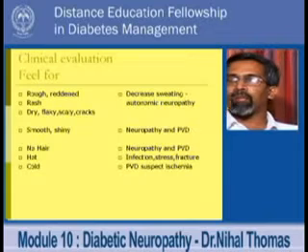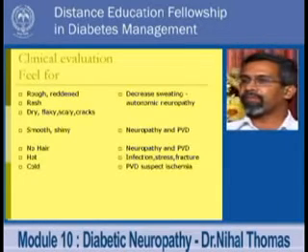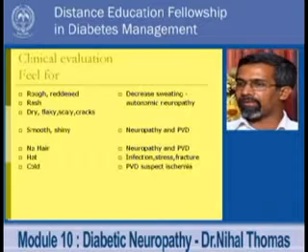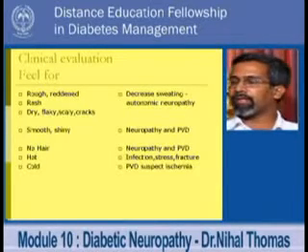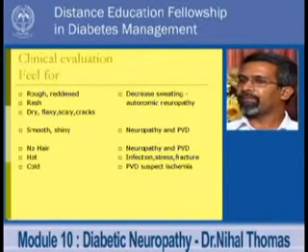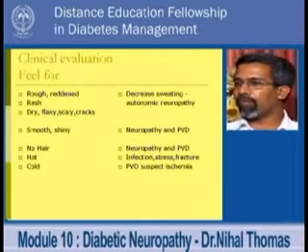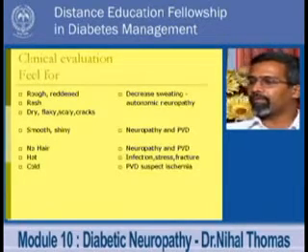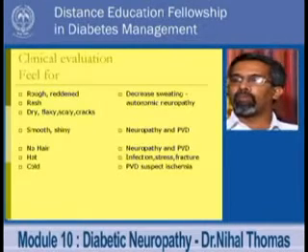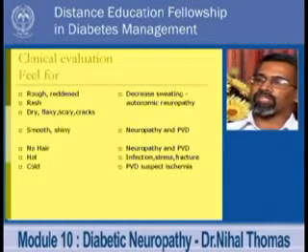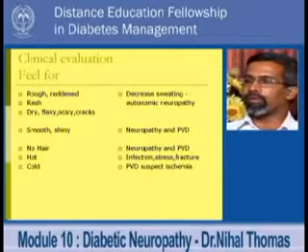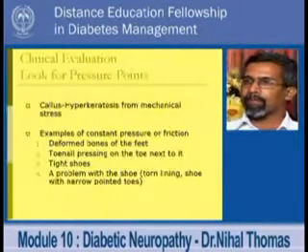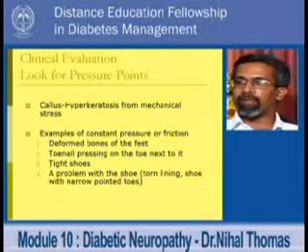When we evaluate a patient's feet, we need to feel for rough and reddened skin, which is basically indicative of autonomic neuropathy, fissures as I mentioned before, lack of hair, which leads to neuropathy and peripheral vascular disease, too warm, which indicates an infection, or too cold, which indicates peripheral vascular disease. For clinical evaluation, you need to look for pressure points,